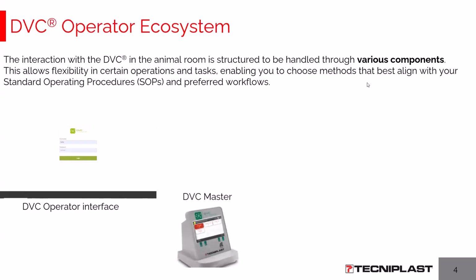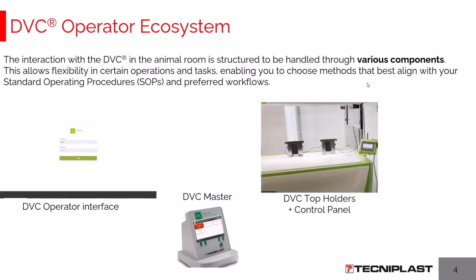But then recently, in the last 2-3 years, we developed an interface to run also on our DVC master. The component usually sits on top of the blower, powering the racks and interacting with the cages. This is a nice way of interacting with the system through its interface, to be really fast and quick in the animal room. Then, and this is even more recent, we developed our new PVC top holders plus a specific control panel